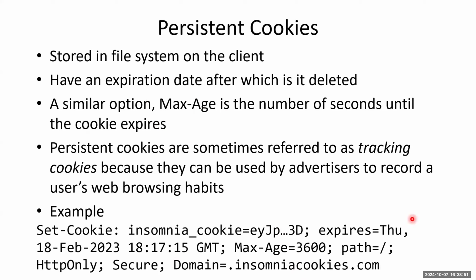Here's an example of a cookie. And again, you see this is just part of the HTTP header. It starts with set cookie, and then it tells me a bunch of information. It says it expires on this day. It also tells me the max age. I have noted that frequently they do both. Most of the time, the max age, 36 months, gives you this date, although sometimes they're a little bit out of sync. Anyway, when that comes up, there are other options you notice. Path is /, HTTP only, secure, domain. This is other information that appears in the cookies.